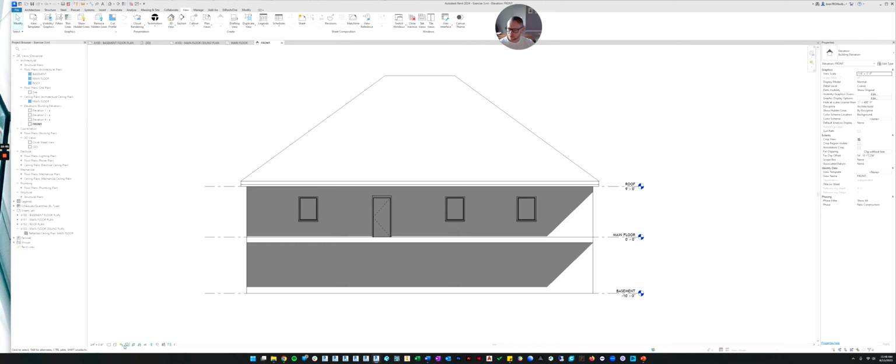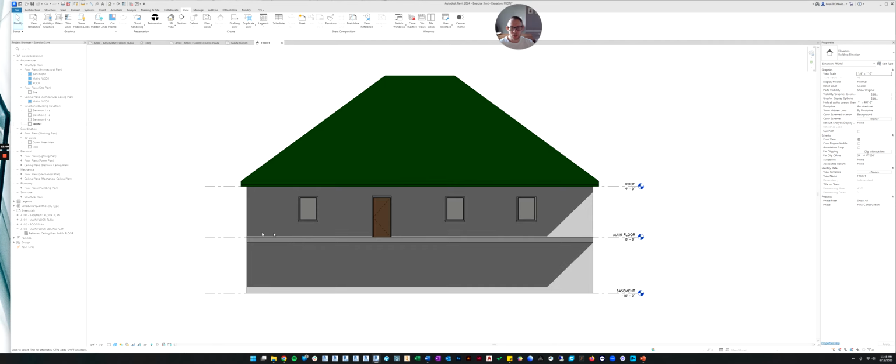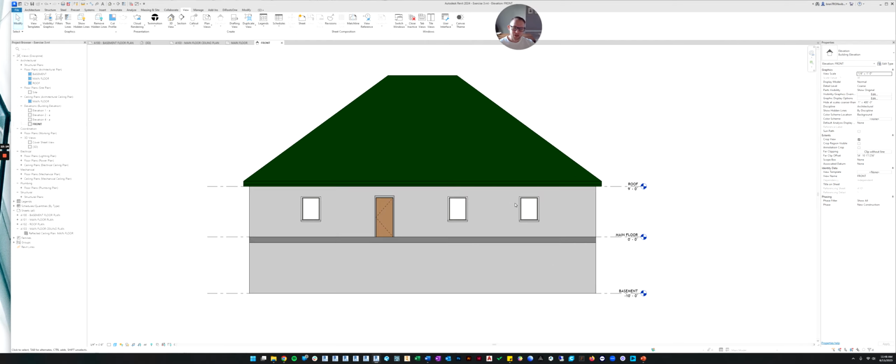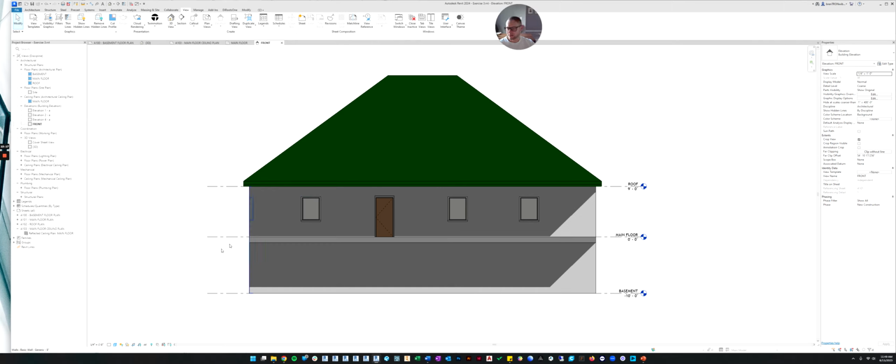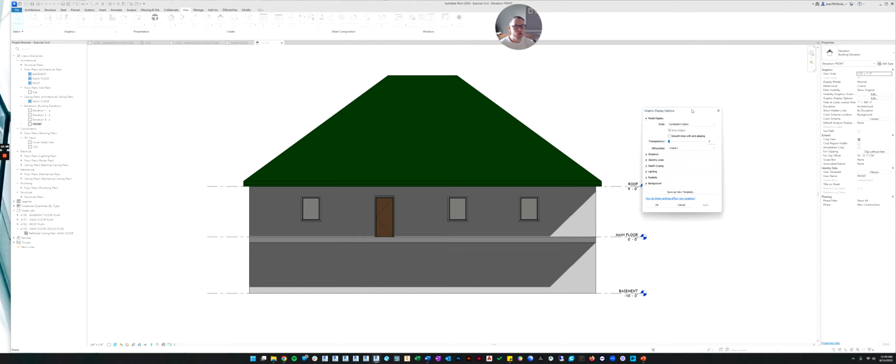So that's an option. The other thing you could do is turn the colors on. If you go down to this box, the visual styles, you click it, we can do consistent colors, and now it's colored and shaded with the shadows. And maybe you don't like how dark the shadows are. You can control that. If you go back here to this box where it says visual style and click on it, at the top it says graphic display options. Now I'm not going to go through all of them right now. You can play with those on your own or maybe look up another video on YouTube about each setting, but you can just play around with it if you want and it won't hurt anything.